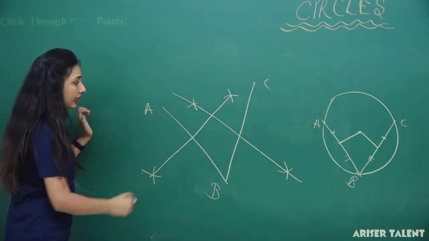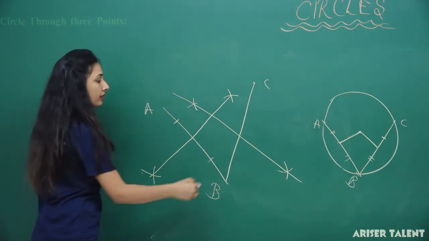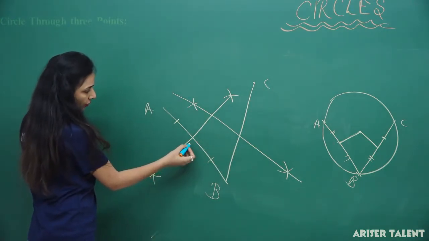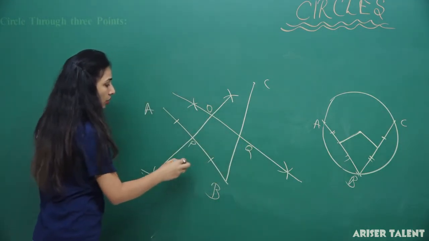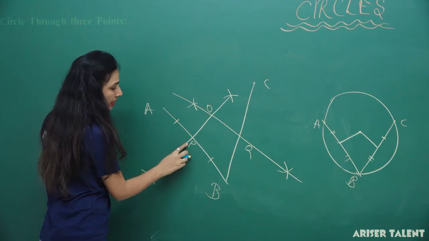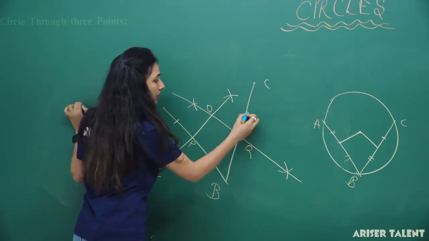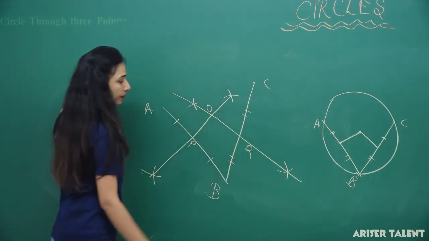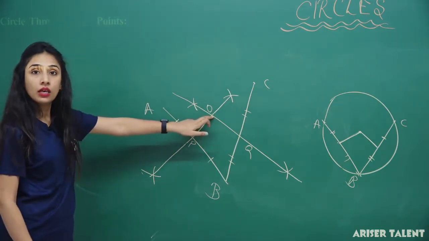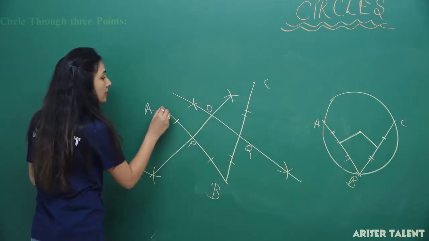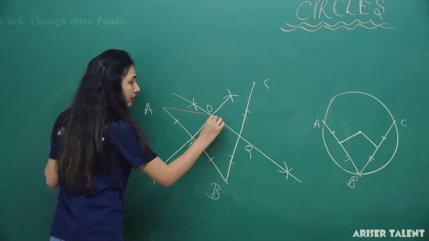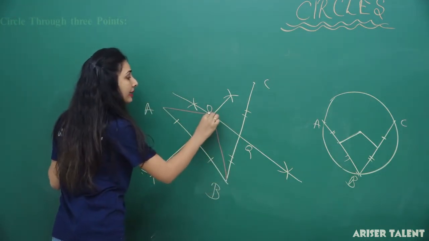Let us suppose these points are P, Q and O. So this AP is equal to PB, and similarly CQ is equal to QB. Now this O is the center, and these distances, AO and OB and this OC,